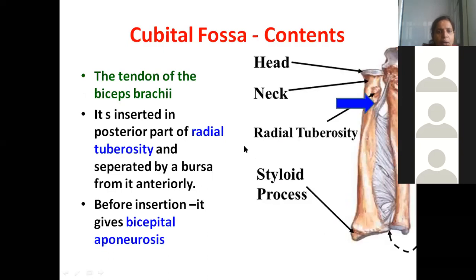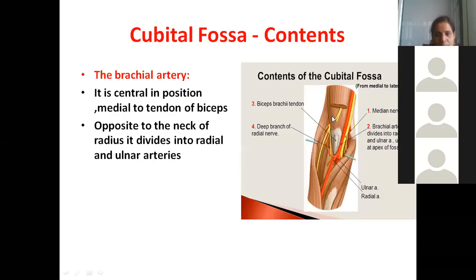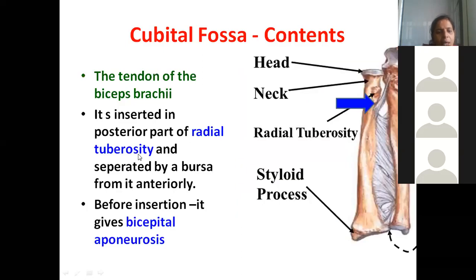Then what is the third content, beta? We have biceps brachii. Actually, the biceps brachii gets inserted over here. Here you are not seeing the tendon, but still to show you the radial tuberosity, I kept this picture. See, this is the tendon of biceps brachii, beta, which is cut here. It goes and gets inserted in the radial tuberosity. Here you will have a bursa. I told you the importance of bursa. Wherever we have friction, here supination and pronation actions are performed, because of which a lot of friction is there, so there is a bursa to give lubrication.